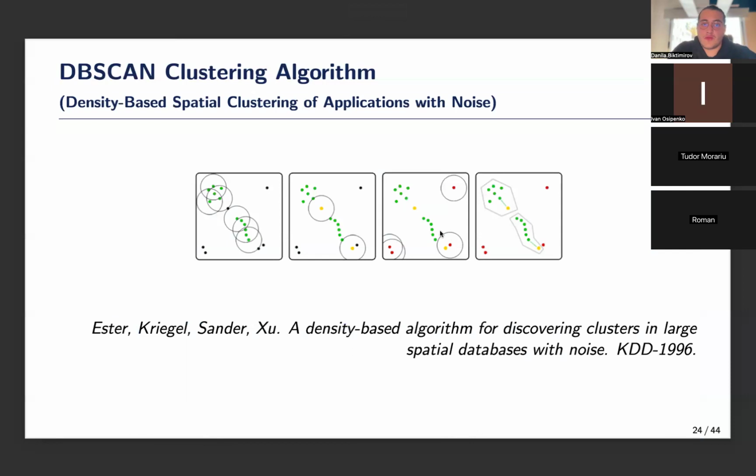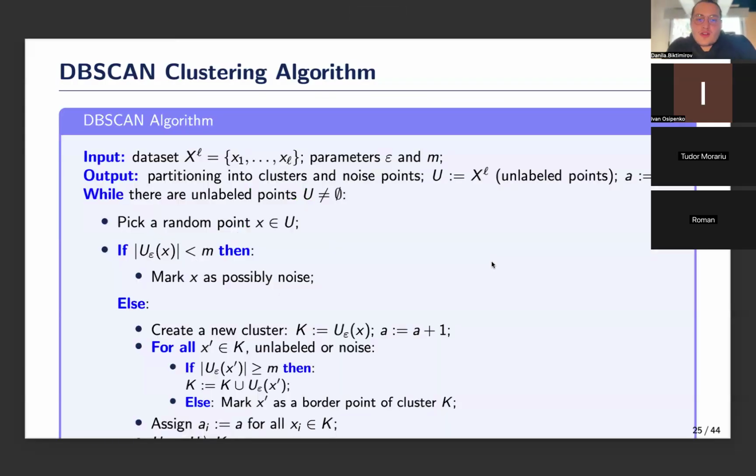For example, here we set m neighbors to, say, at least 3. So these points have only one neighbor, so they're never going to be in any cluster. They're always going to be noise. We have m more than one. So the process continues until all points are assigned to a cluster or marked as noise. It's clear to see here our analogy with the forest.